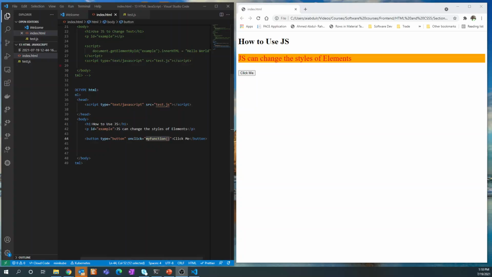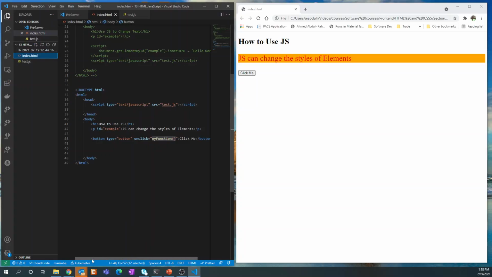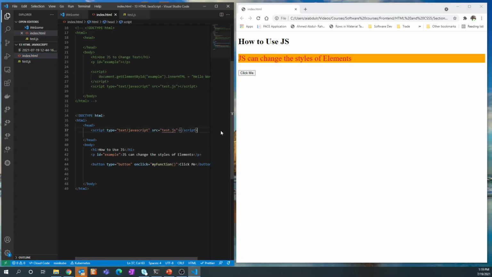Finally, what we want to discuss is the HTML noscript tag, and normally this is used to define alternate content to be displayed to users that have disabled scripts in their browser or have a browser that doesn't support scripts, right? I don't know why you would want to do that, but there are some people that have disabled it, and so you want to just display a simple message to tell them that sorry, your browser does not support JavaScript or something like that. So to do that in your scripts, wherever you want to put that, you can also put the